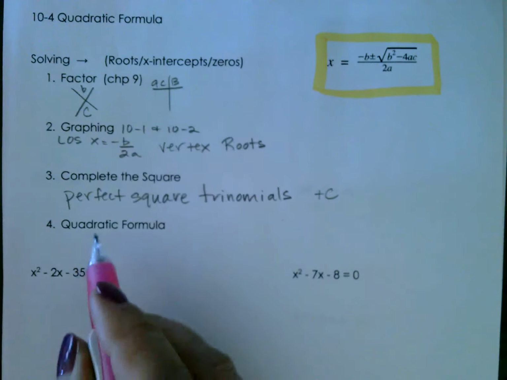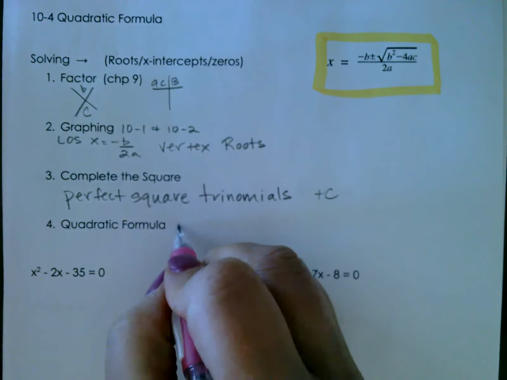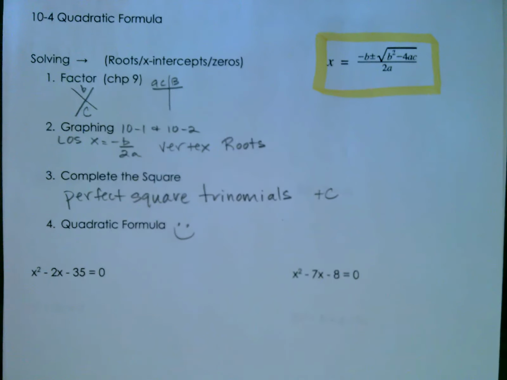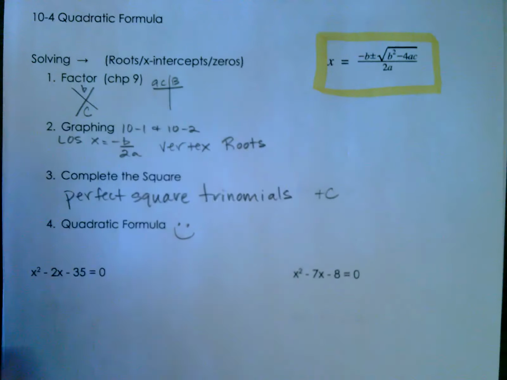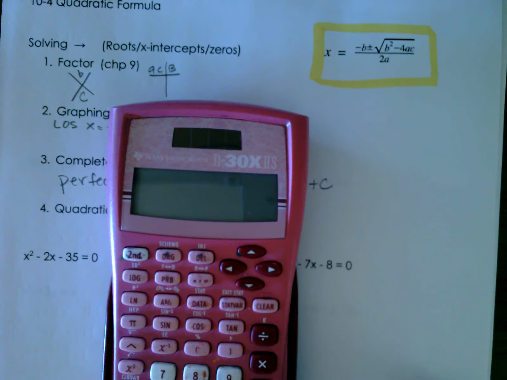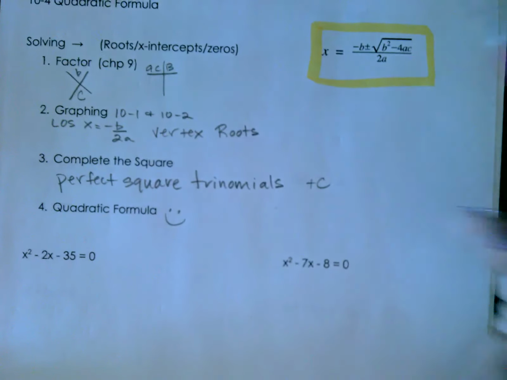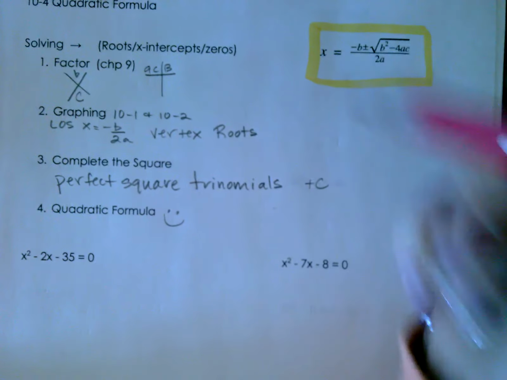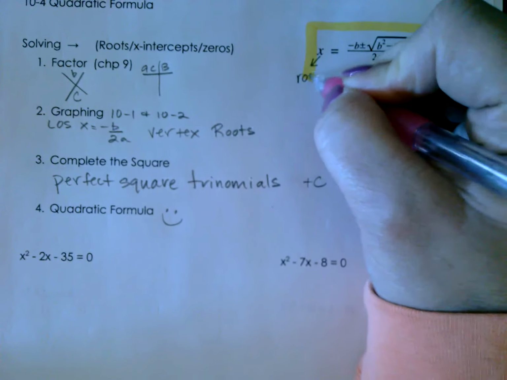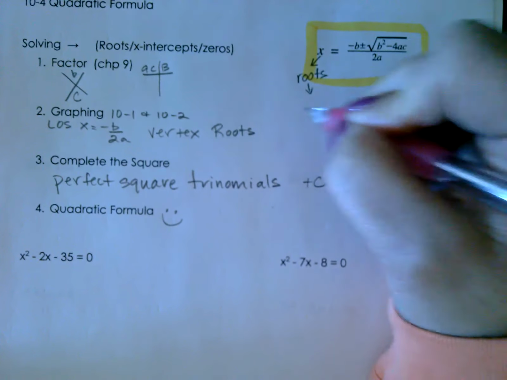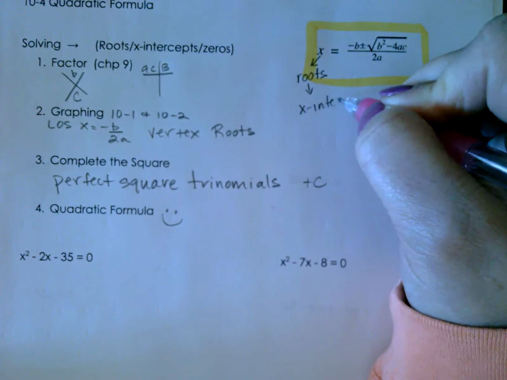Now we're going to use the quadratic formula, and you will love it if you know how to work a calculator. Many of you have this calculator. It's awesome, $12 from Meijer, but it cannot do the quadratic formula all at one time. It needs to be broken down and chunked. So let's review. X means the roots here. When I say solve for x, I'm asking you to find the roots, which we know are the x-intercepts,